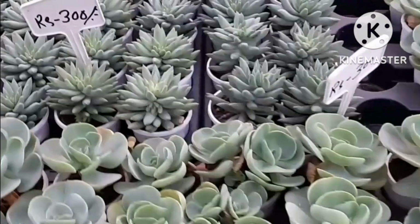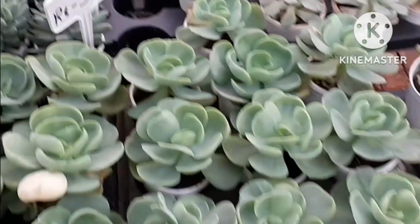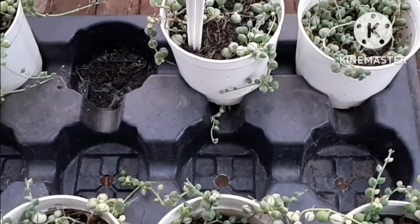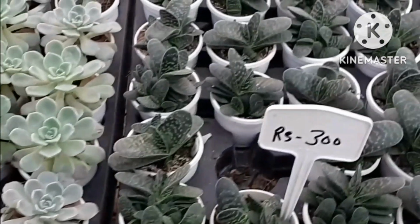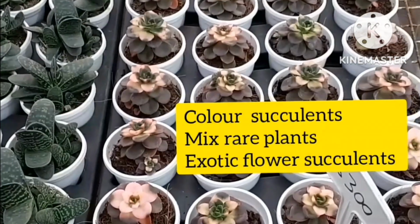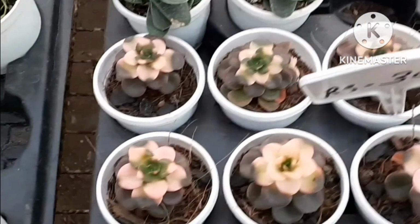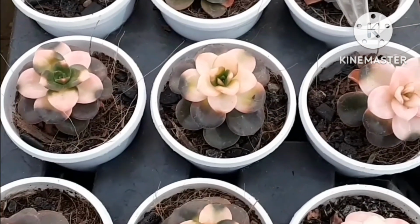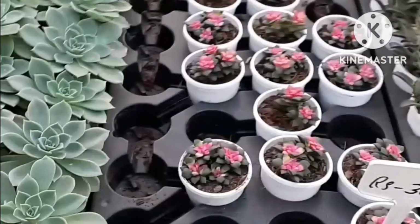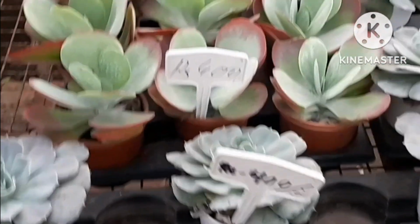Succulents, any plant with thick, fleshy tissue adapted to water storage. Some succulents, for example cacti, store water only in the stem and have no leaves, whereas others store water mainly in the leaves. If you are a succulent lover, you can add any one in your collection. You can buy